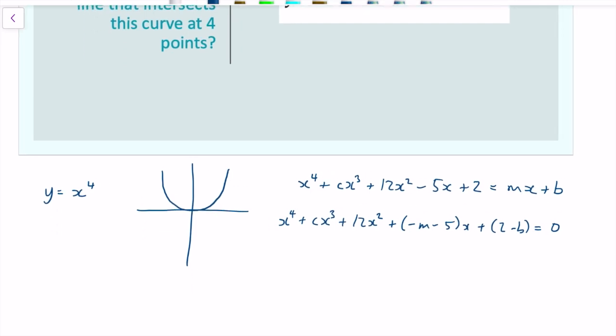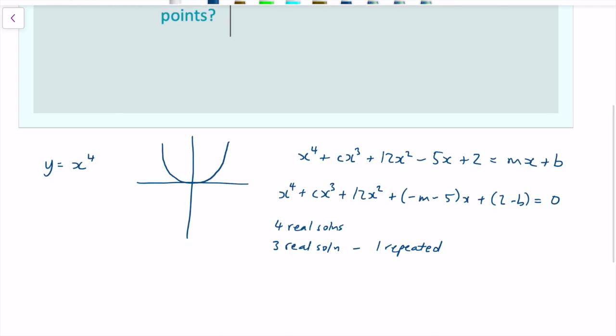It could have 4 real solutions. It could have 3 real solutions, where one of them is repeated. A quartic always has 4 solutions, but 3 distinct and then 1 that's repeated. It could have 2 real, and then the other 2 could both be repeated, or the other 2